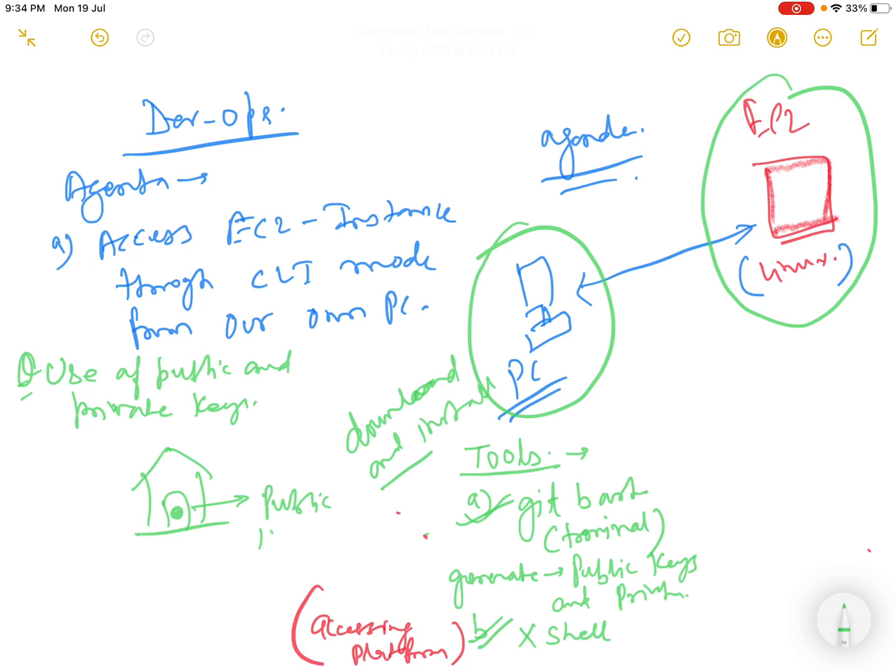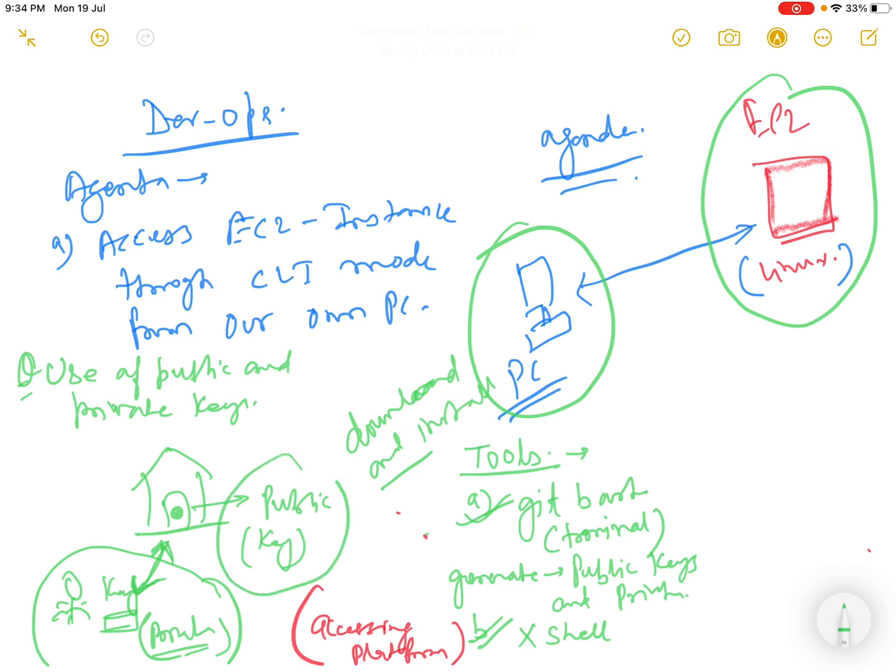Anybody can come and try their keys to test whether it will open or not. And you have the key, which is private in nature. You are not going to share this private key with anybody, and this lock can be opened only with your key. So it is very important to keep your key private.